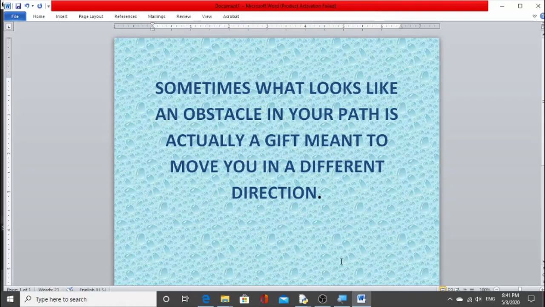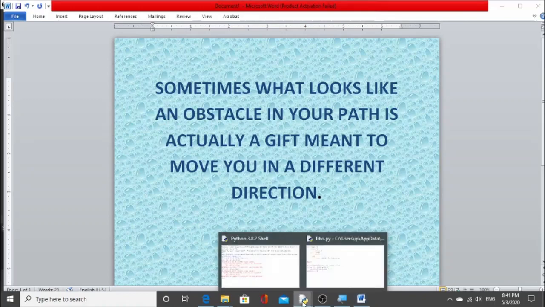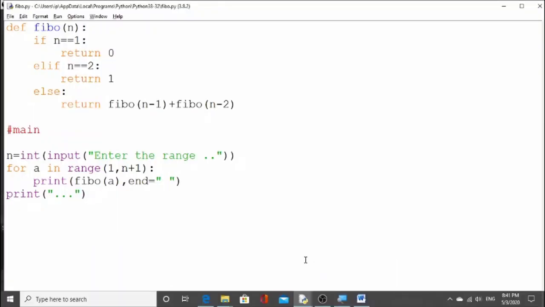Now, with this positive thought, we start our today's class as we are studying recursion. The topic which we have to learn today, we are making a function for generating a Fibonacci series. As you know, in Fibonacci series, every third number is sum of previous two numbers. So before studying how this program is working, we'll learn what a Fibonacci series is.